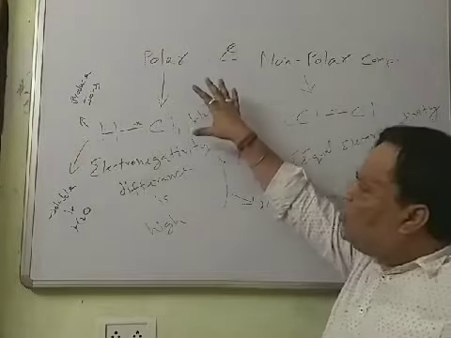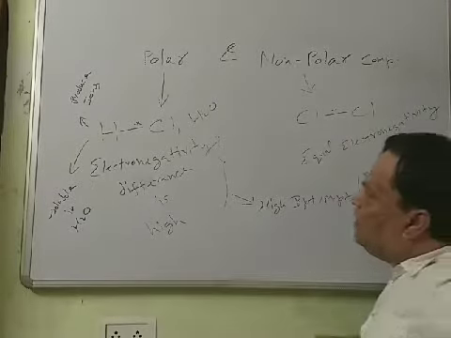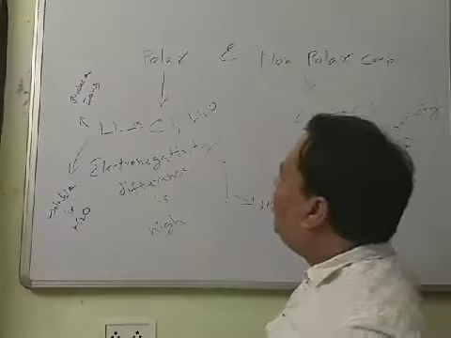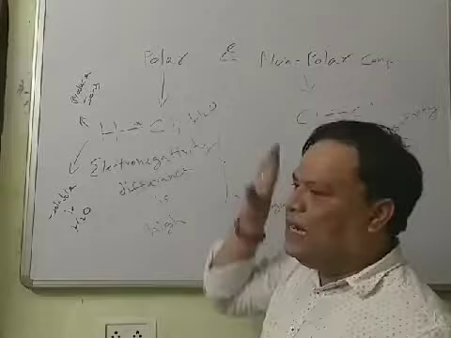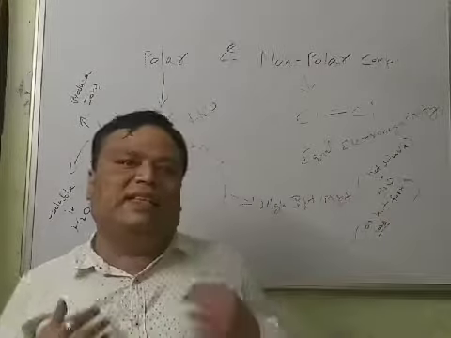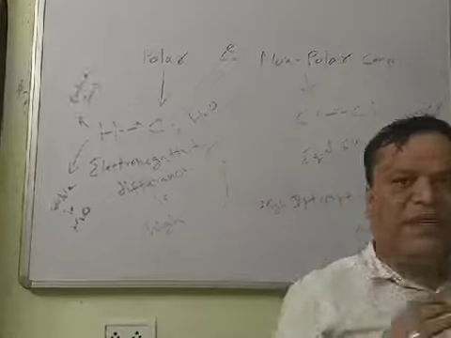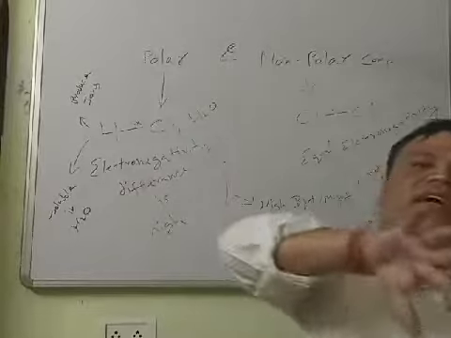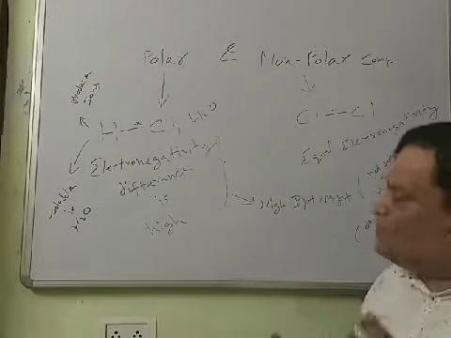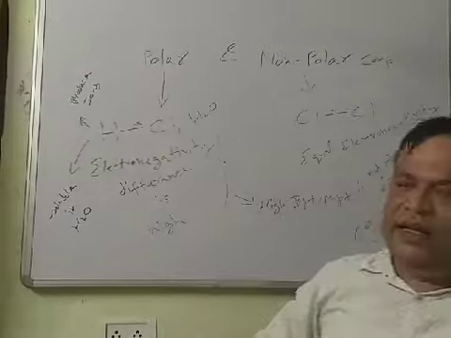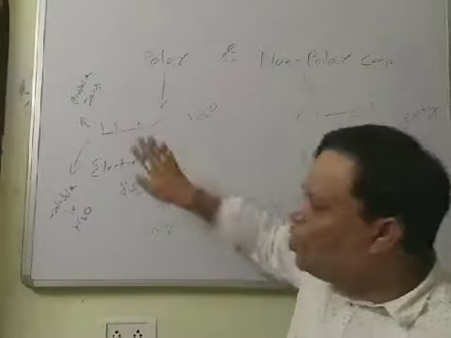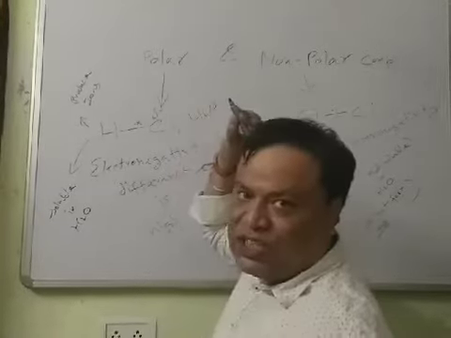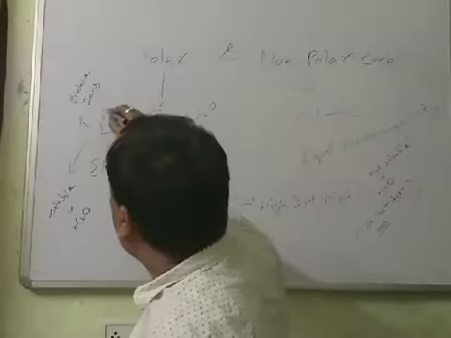So if you focus here, boys, in case of HCl, I have hydrogen combining with chlorine. Because hydrogen is less electronegative than chlorine, or shall I say chlorine is more electronegative than hydrogen, what happens once they form the bond? The electron pair which is shared between the two atoms moves slightly towards chlorine. You can see I have put this dot and cross more towards the chlorine side, and because of that, chlorine will have a slightly negative charge, del negative, and hydrogen will have a partial positive charge.